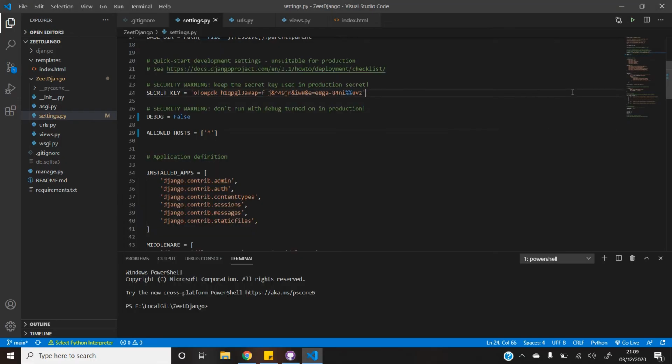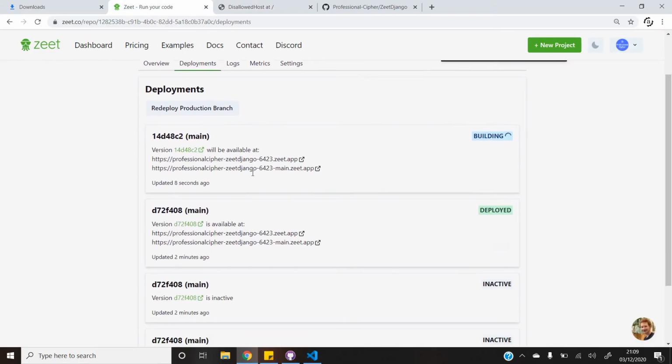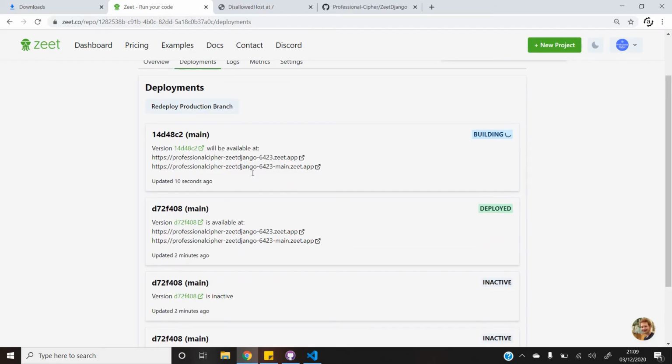Once this is complete, I'll go back to the Zeet dashboard and we will see that Zeet has automatically detected that we have made a commit onto our GitHub repository and will automatically start to rebuild the project. So let's skip ahead a few seconds and see what the result is.